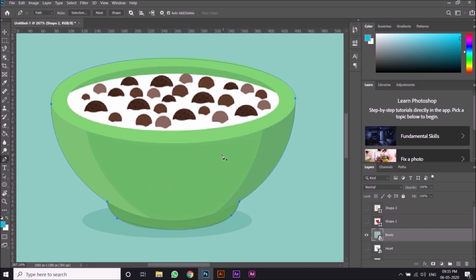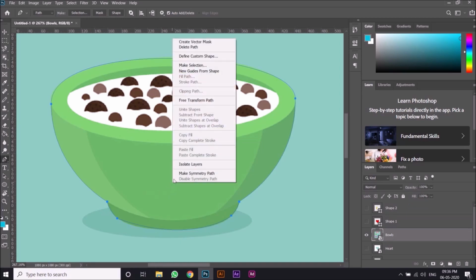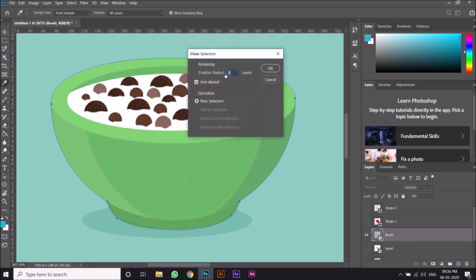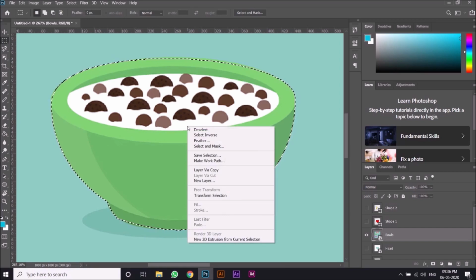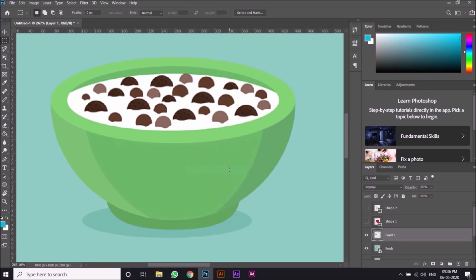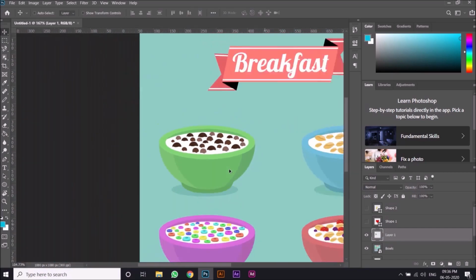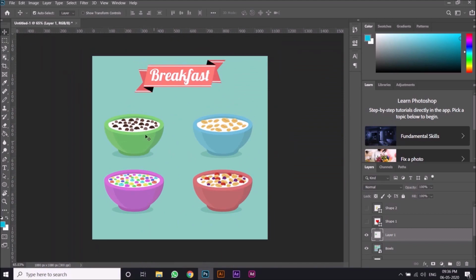I'll select the bowls layer. Now I'll make use of the pen tool, and then right click on this, and then click make selection, and this is feather. It is nothing but the intensity of the selection you will be making. I'll click OK, and you can see the dotted line which indicates selection. Now I'll choose one of the selection tools, right click on this and choose layer via copy, and I'll zoom it out, and I'll press V and use the move tool, and here you go.